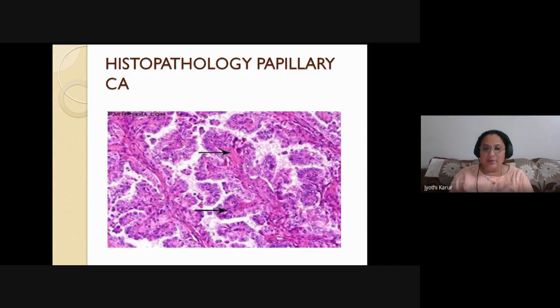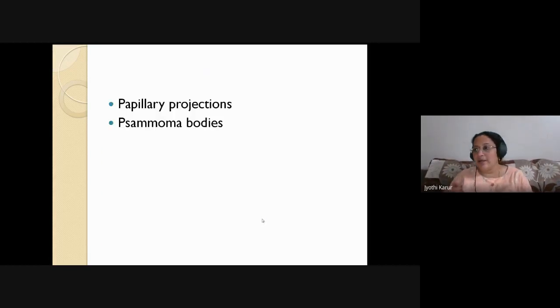So in an exam, if they ask: a 20-year-old female comes with a solitary nodule, total thyroidectomy is done, and the histopathological feature is like this, what is the most probable diagnosis? So it is papillary carcinoma. So these are the finger-like projections. Okay. So please remember the histopathological picture also.